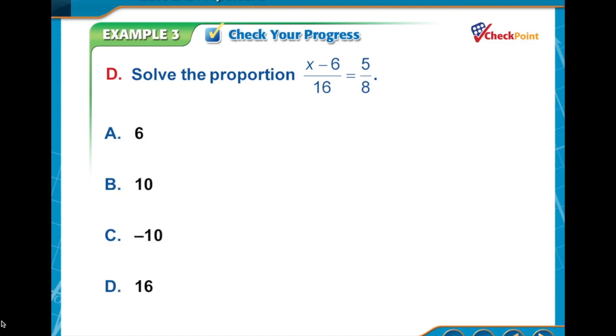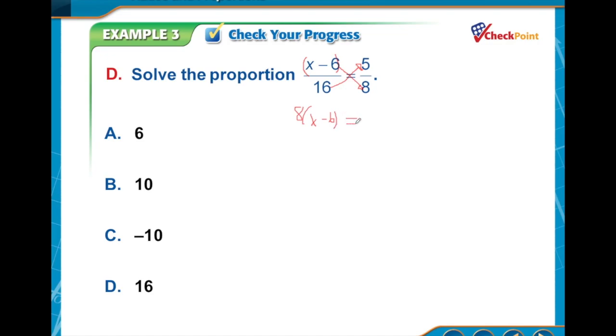So here's one more that we can think about just with a couple steps. We just said first step, cross multiply. This one's interesting because we have some distribution to do. So 8 times the quantity x plus 6. We have to think about this as all one thing in parentheses. So 8 is times x and the minus 6. So 8 times the quantity x minus 6